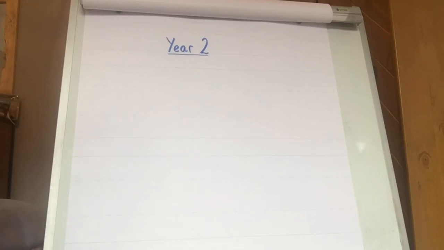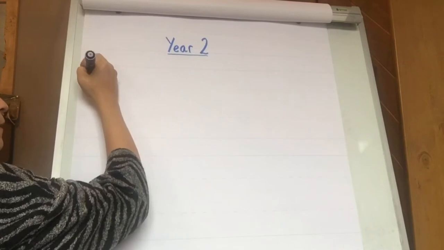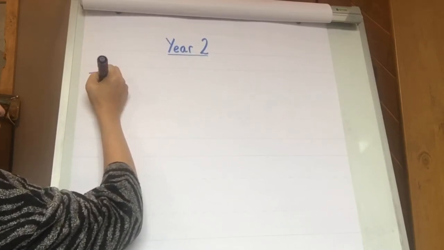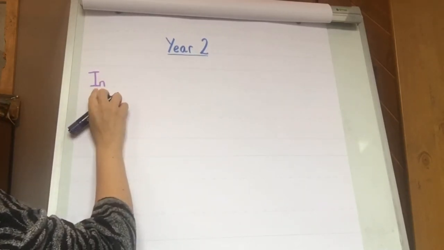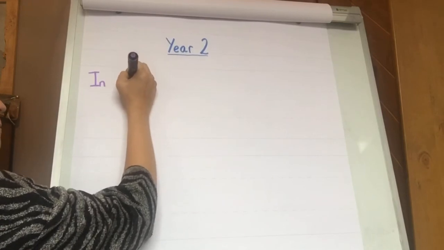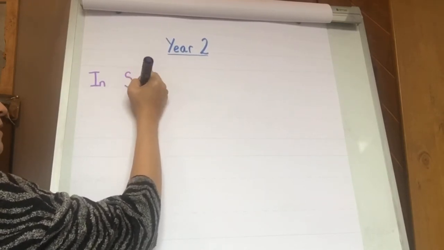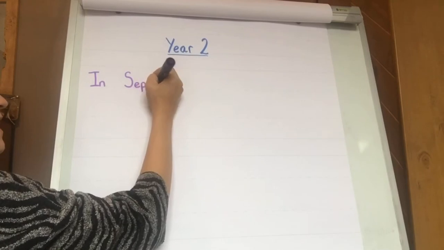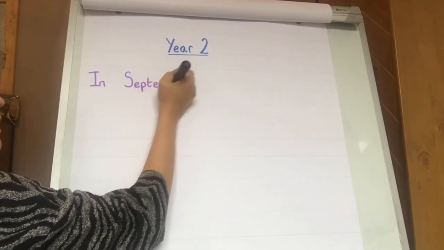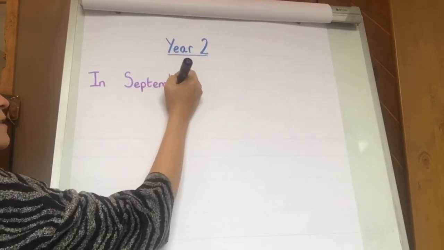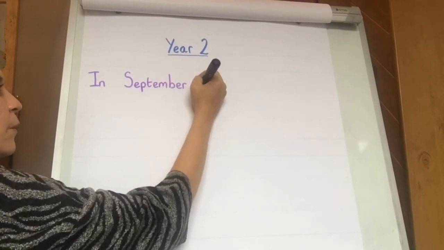So let's have a think about some of the things that we have done in year 2. Well, I can think of one of my favourite memories. So it needs to start with a capital letter, September. Now I've got a capital S for September because it's the name of a month. We call it a proper noun. In September, we